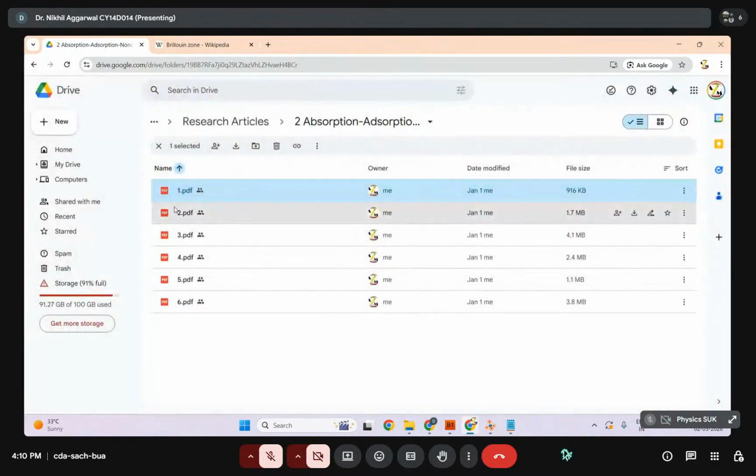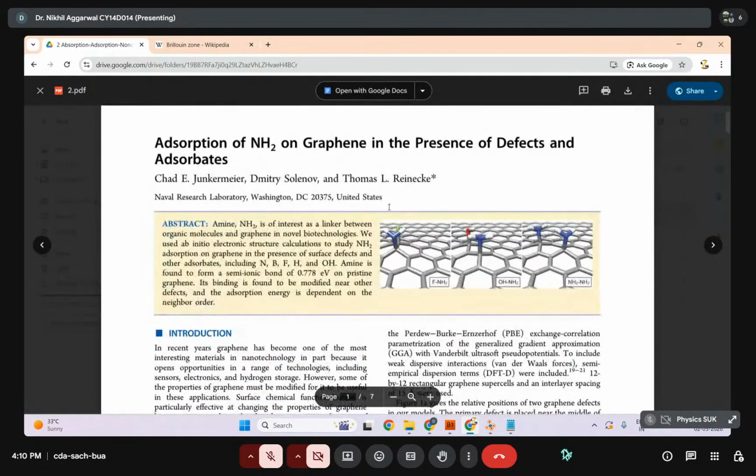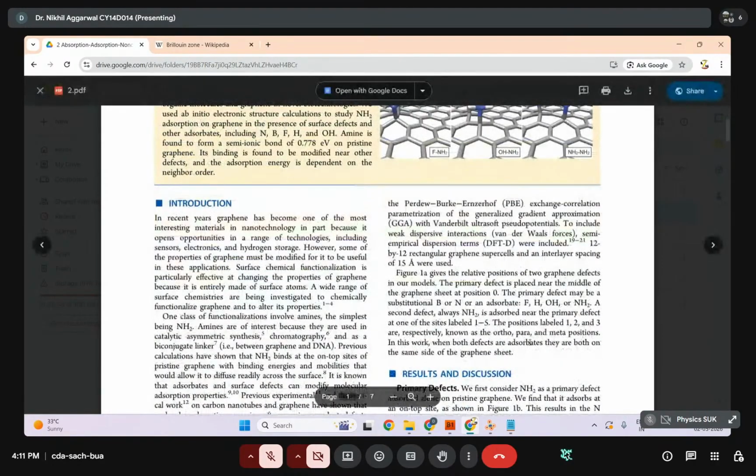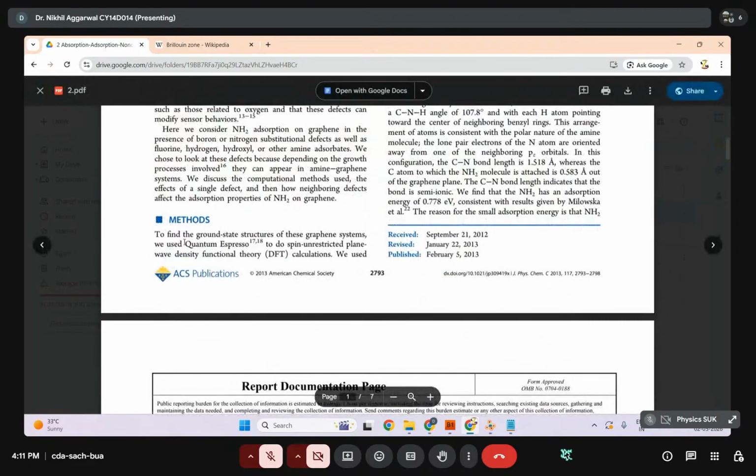Similarly, the next article talks about the same thing, in JPCC, wherein these people have taken graphene, and then they had absorption of the amine-based substituent in the presence of a defect and some adsorbent. Same studies, they used Quantum ESPRESSO, the DFT model,